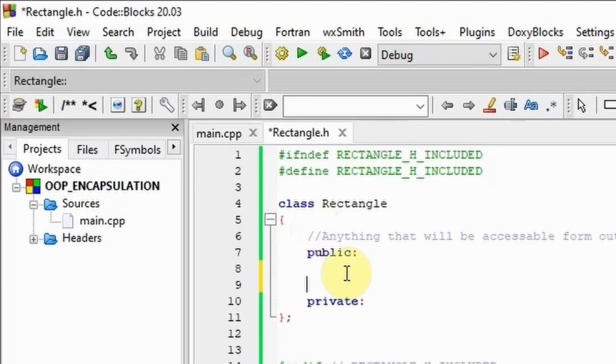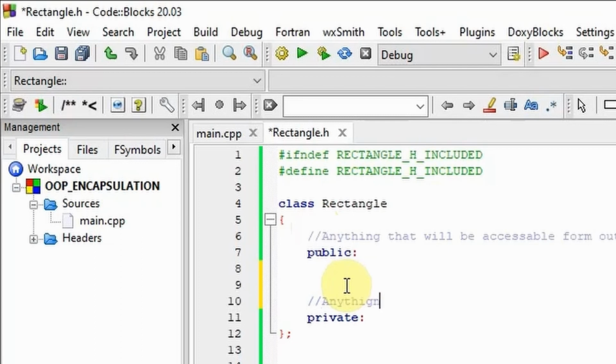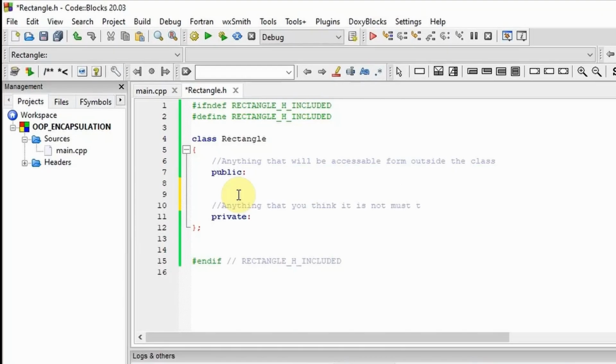In the private, we'll be having anything that you think it is not a must to access from outside the class,